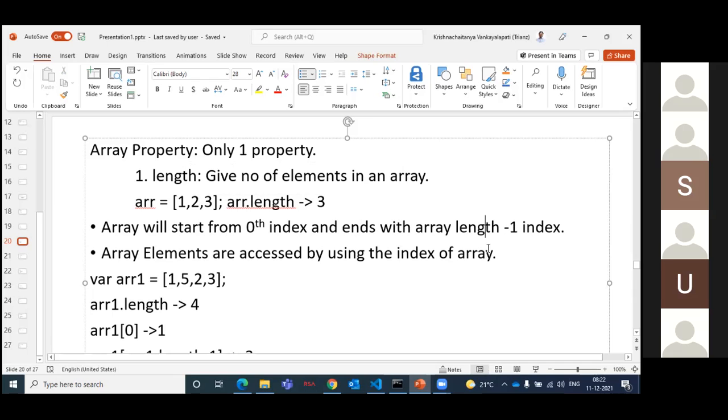Okay. Next. Saili, I'm just asking you one question. How to access the array elements? For example, if 1, 2, 3 is there, I need to access, I need to get. What is the pointer to an array element? What is the concept of pointer to an array element?